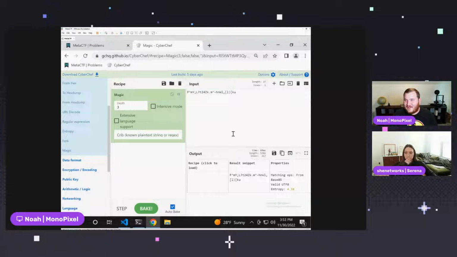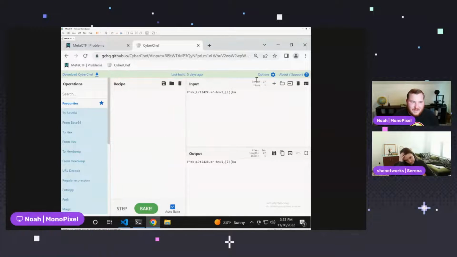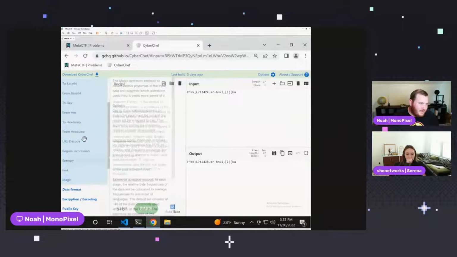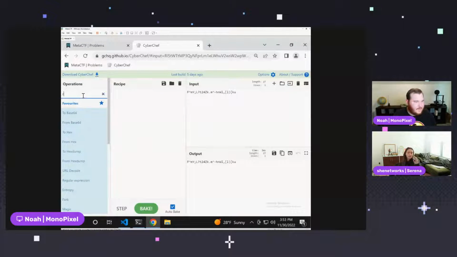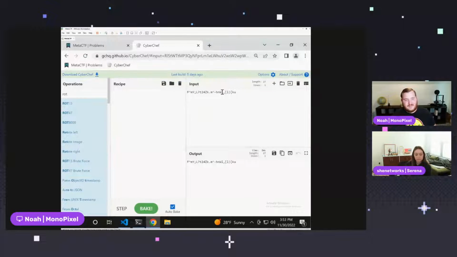We've got magic has let us down, which who knew the day existed. But if we get rid of magic, if we think about it, we had someone ask about ROT13, and I'll say why ROT13 won't work. Okay, so the reason why ROT13 is not to be used is because